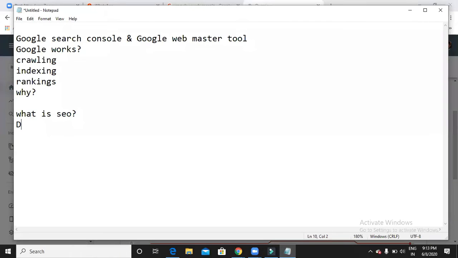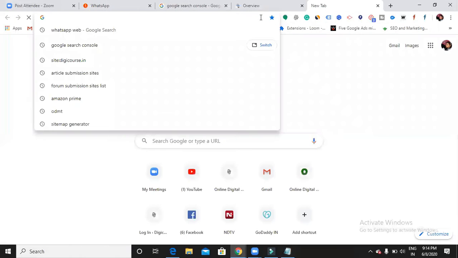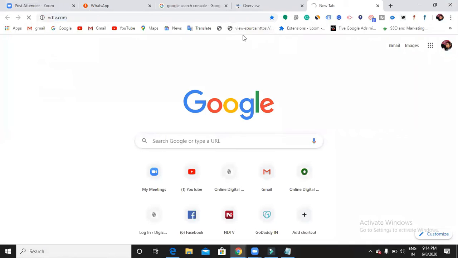So, domain. Now I have the ndtv.com website. This ndtv.com is connected with multiple subdomains like hospital.ndtv.com and games.ndtv.com. What are these normally? Those are subdomains, right? I have already shown you what is meant by a subdomain.